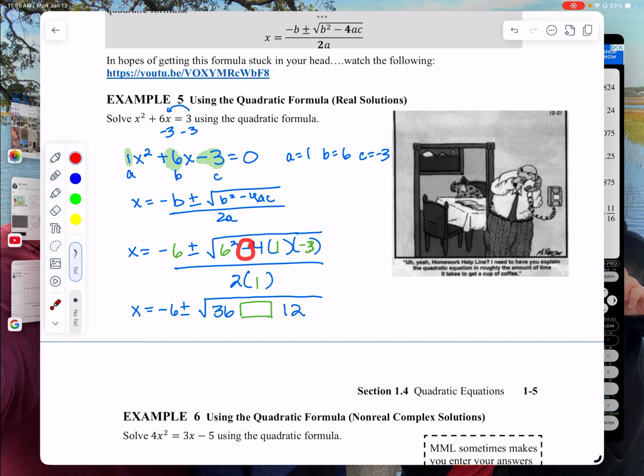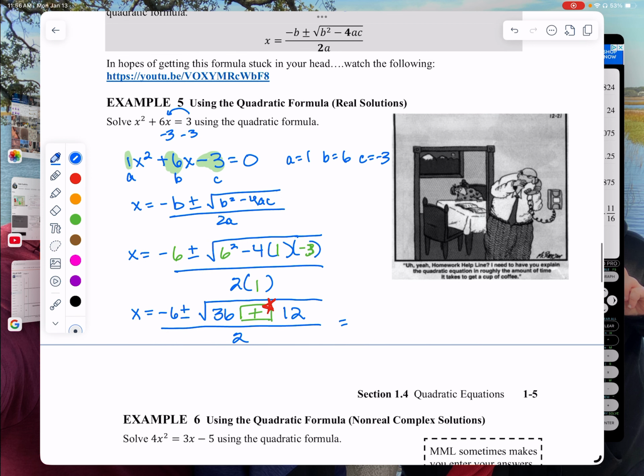So a lot of students miss that sign. So that's the very first trap that we normally have, is that sign. I'm going to show you some other traps in a minute. All right, so let's keep on going. So that's going to give me -6 plus or minus the square root of 36 and 12 is 48 all